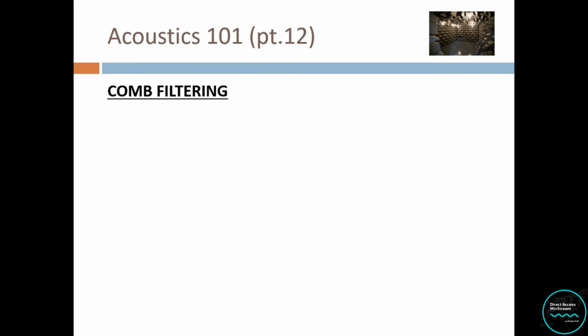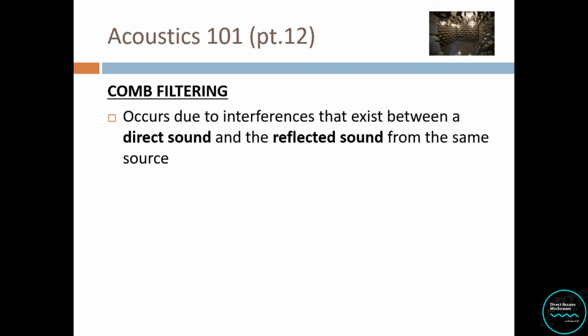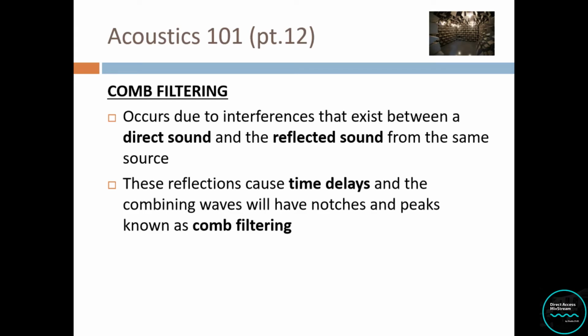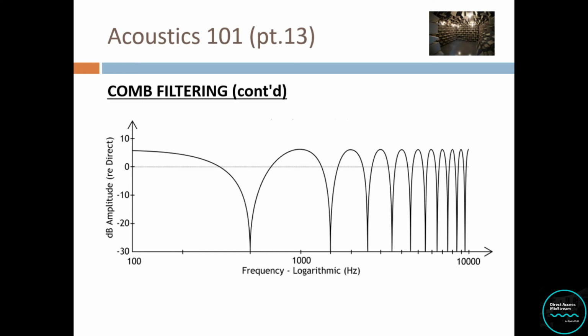Okay, now moving on. Comb filtering. What is that? It's related as well. They're all kind of related in one way or another. But comb filtering occurs due to interference between a direct sound and a reflected sound from the same source. So let's say you have a direct sound coming from one here, then another one bounces off the wall and then arrives at your ears. When you have two different waves, you get some interference and you can get something called comb filtering. The reflections will cause a bit of time delay. The resulting waveform will have notches and peaks. It looks like this. So you will get this in certain areas of every room.